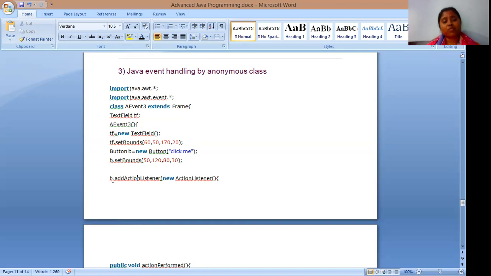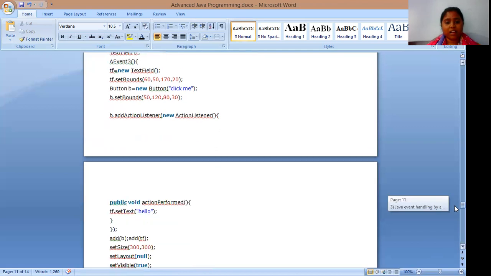So first of all, B object is calling add action listener method and passing argument as object of action listener, new action listener. Action listener is a class. This object we are passing, this new action listener method. Now what is going to happen later,